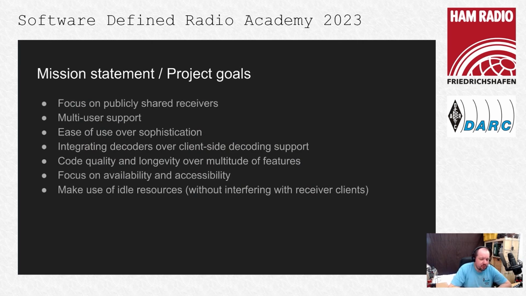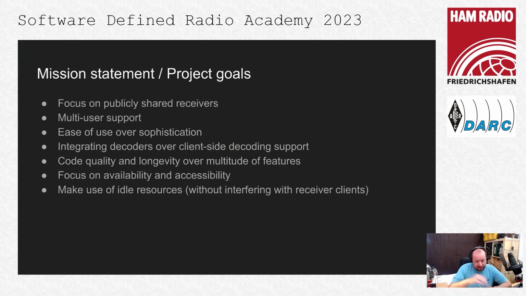Now, ease of use over sophistication. The OpenWebRX project mainly focuses on being a simple-to-use interface. That comes with it being a web-based package, mostly because it aims to be an entry-level piece of software. Users who just want to try it out don't want to install anything.